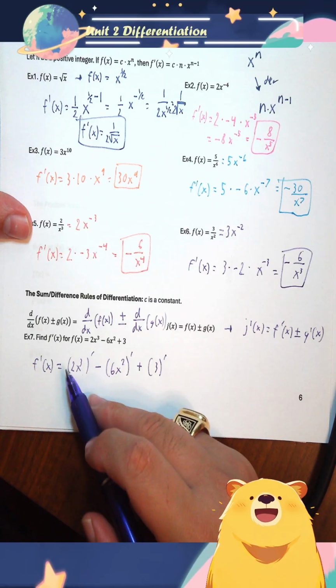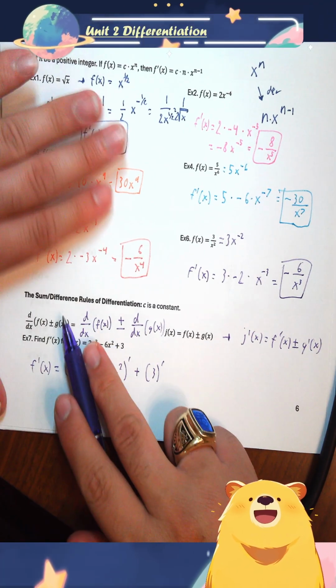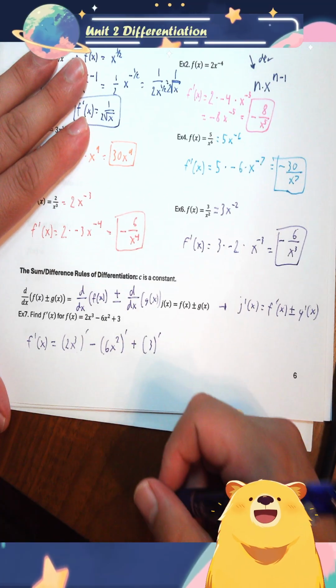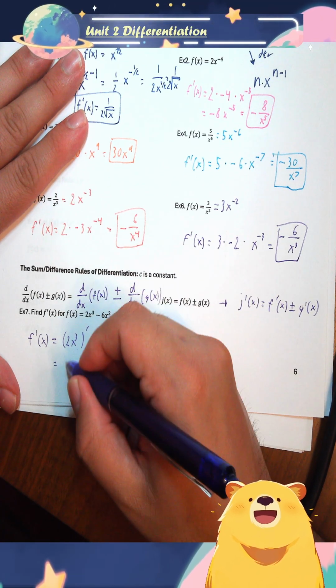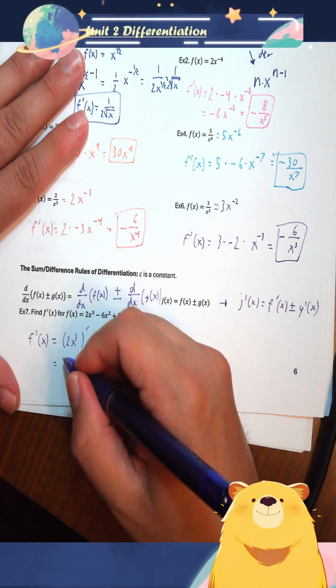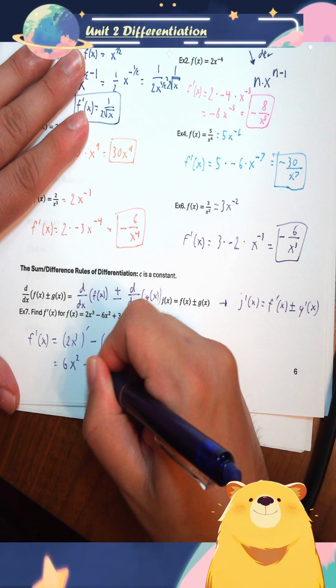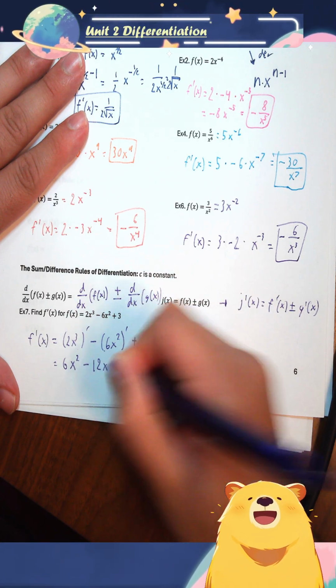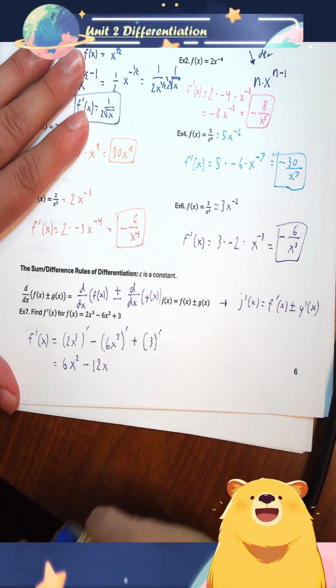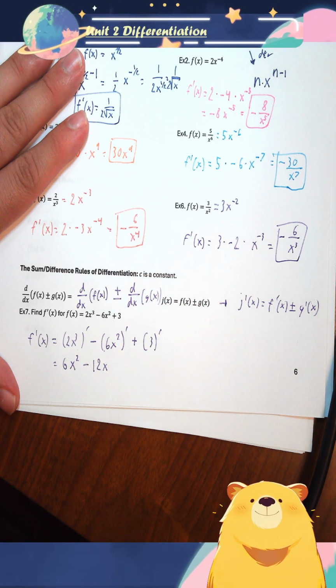So, after splitting it up because of the sum and difference rules of differentiation, we just perform these derivatives piece by piece. We get 6x squared minus 12x and then plus 0, which we technically